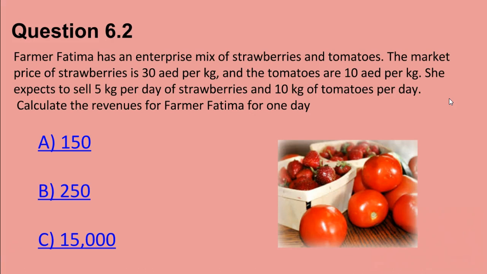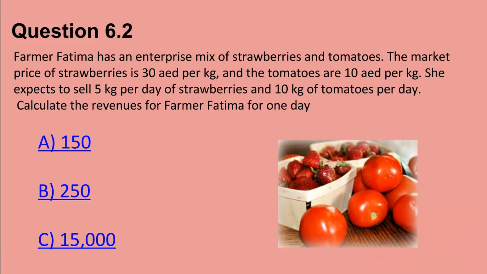Here's another exercise for you. Farmer Fatma, she has an enterprise mix of strawberries and tomatoes. The market price of strawberries is 30 dirham per kilogram, and the tomatoes are 10 dirham per kilogram. She expects to sell 5 kilos per day of strawberries and 10 kilos of tomatoes per day. So take a moment and figure out what are the prices and what are the quantities of each one of